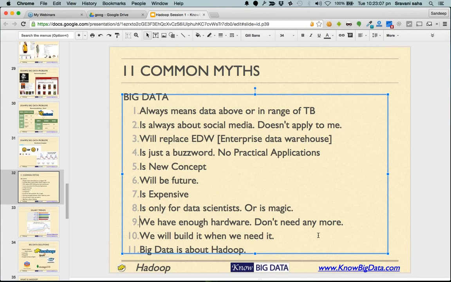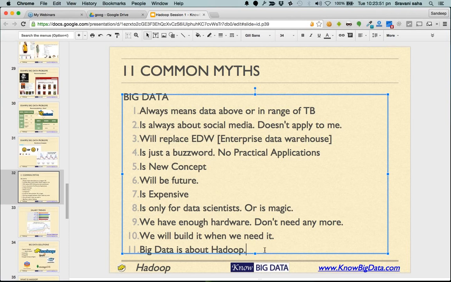But the truth is, the day you realize that you need to give analytics to your end user, you will have no data available. At that point you will regret that you should have stored all the information about the users. Therefore, you have to plan now, in case in future you're building something which is useful. You cannot build it on demand. You have to have data to be handled, otherwise there is no point in having a big data solution.